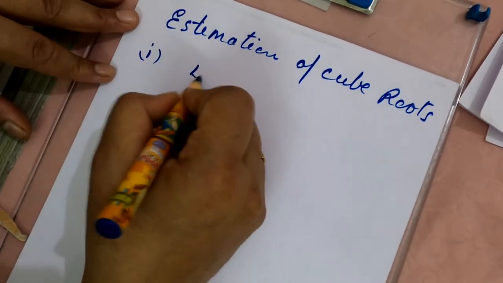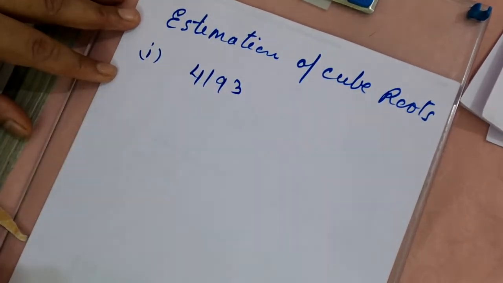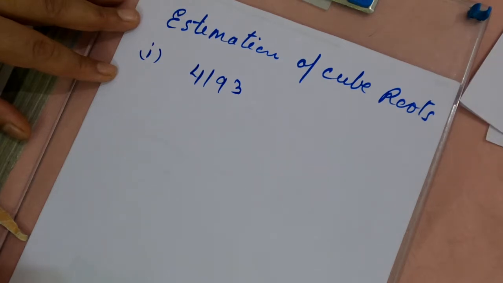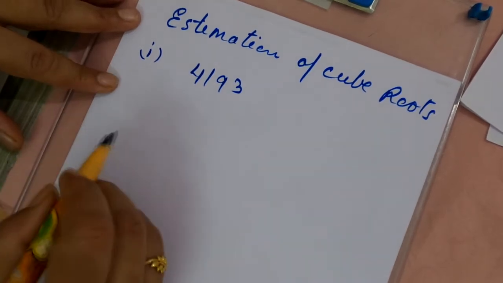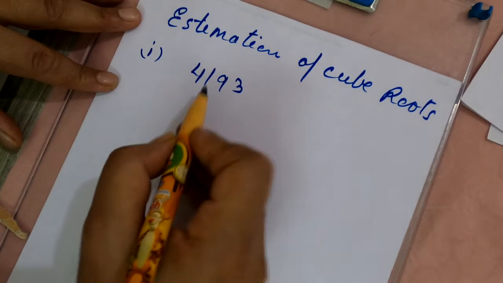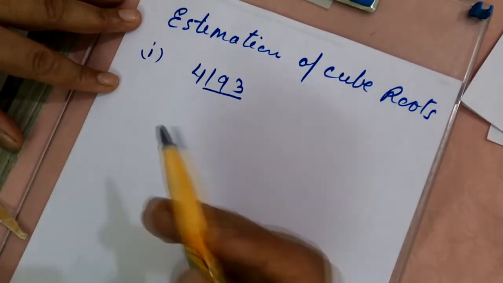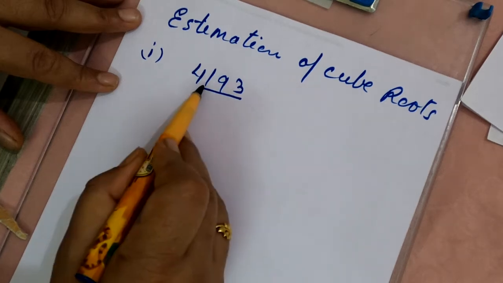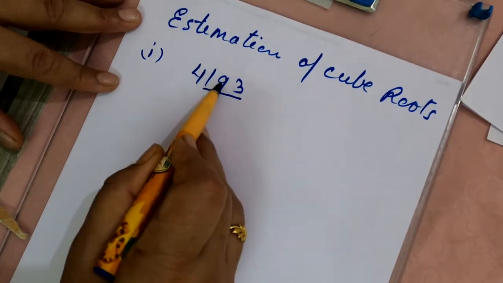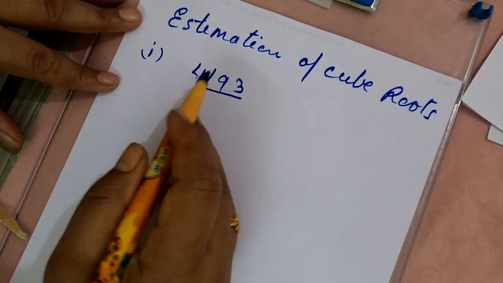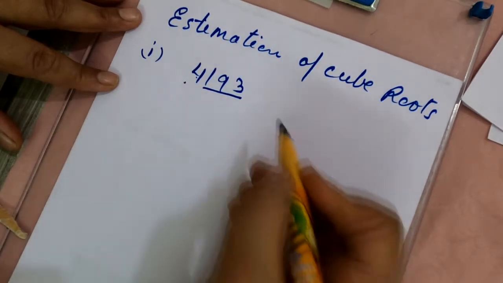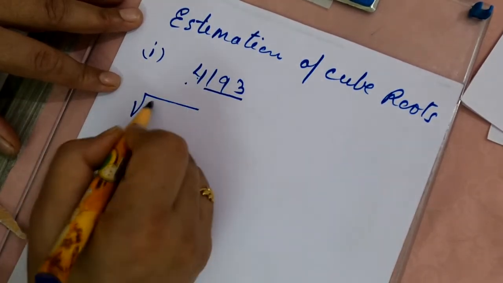That is 4193. This is a number. Without using the prime factorization method, let us find out the cube root of this number. As we are talking about the cube root, we are going to make groups of 3, starting from the right hand side. So we have got one group of 3, that is 1, 9 and 3, and this is 4 alone. So the cube root of this number,